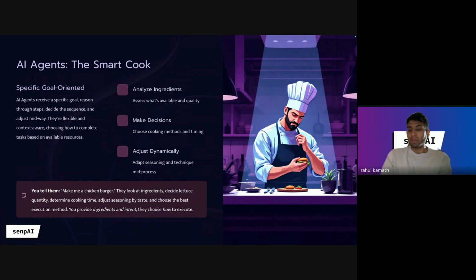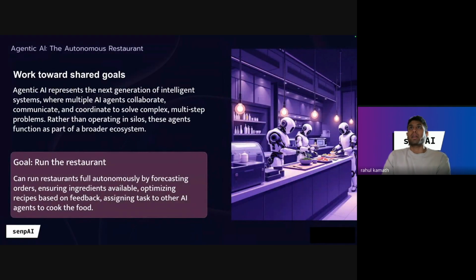And then comes agentic AI, and this is a much broader aspect. So agentic AI works towards shared goals. Whereas AI agents were specific to a single goal, an agentic AI system has multiple agents working together towards a single goal. So in the previous example, in terms of a restaurant, we had an AI agent only for cooking the burger. But here, let's say you're running the whole restaurant.